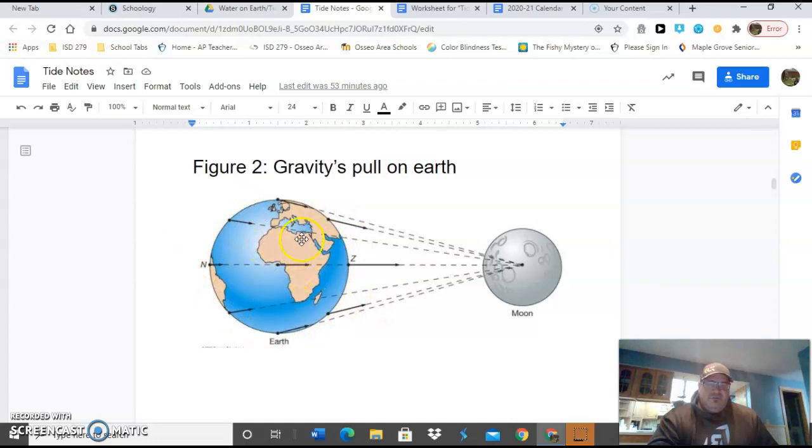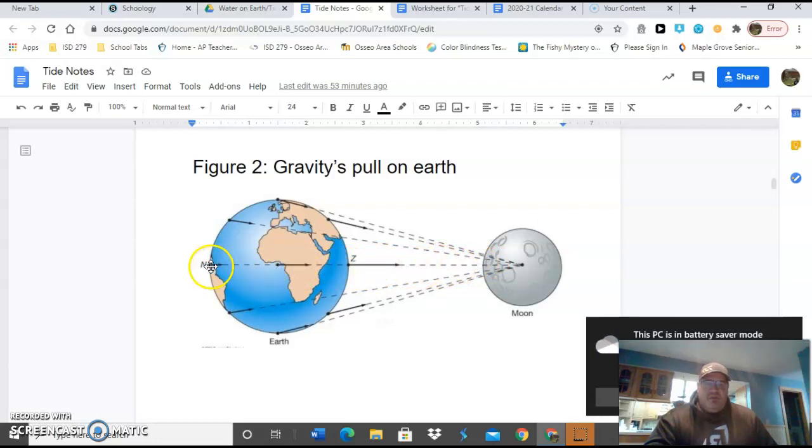Now, if the Earth is kind of rotated this way, or it's a snapshot right here, this place on the Earth, if you're facing the moon, if you're closest to the moon, has more gravitational pull because you're closer to the moon. And if you're further away from the moon,